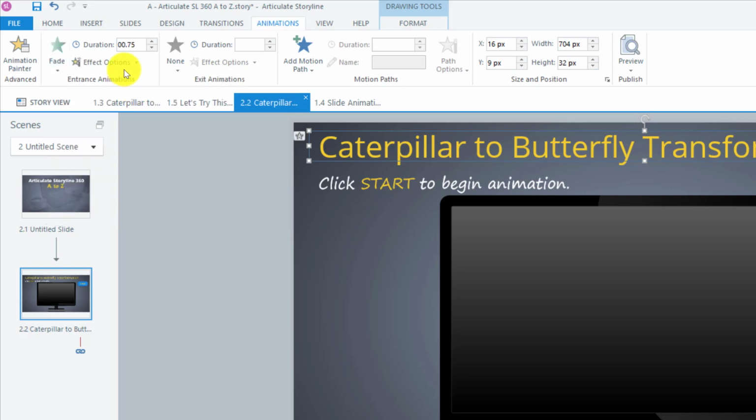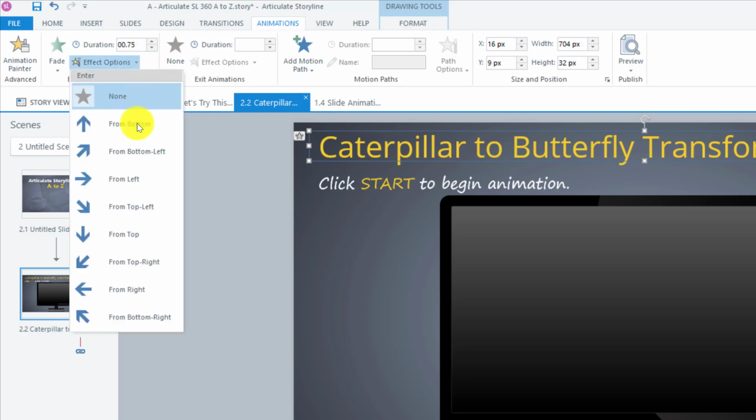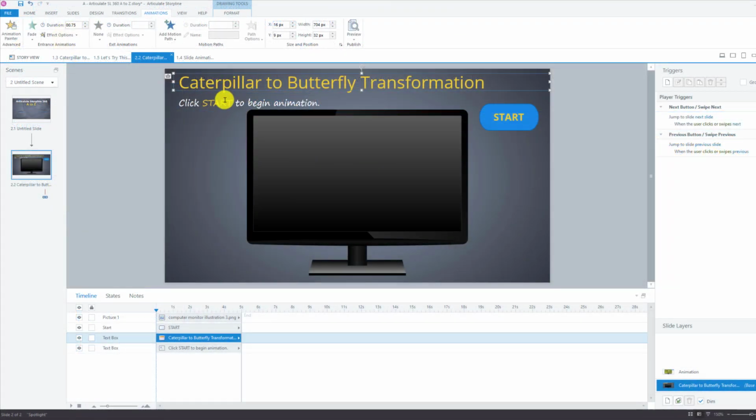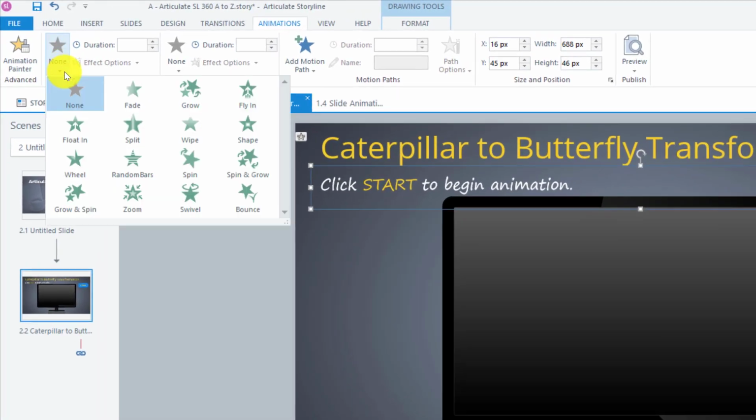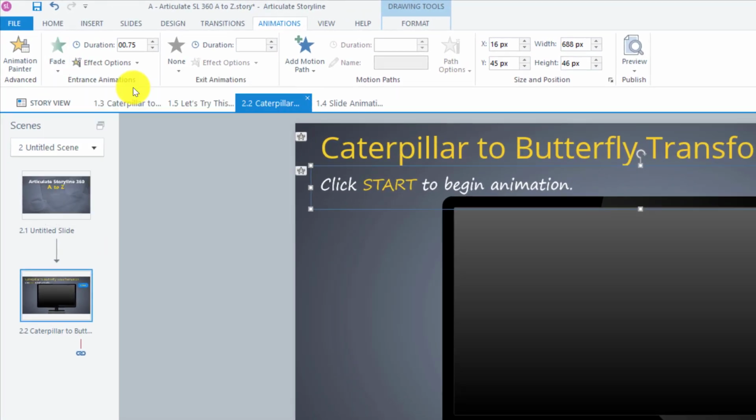Now there are options here. We could change the duration, or you can have it fade from the bottom or from the left, or one of these here, but I'm just going to leave it in the default settings. And then the text right here, let's also do a fade entrance animation and also an exit animation, because we're going to have this disappear once we hit start. So I'll go here to fade and we're just going to keep it the default, and also